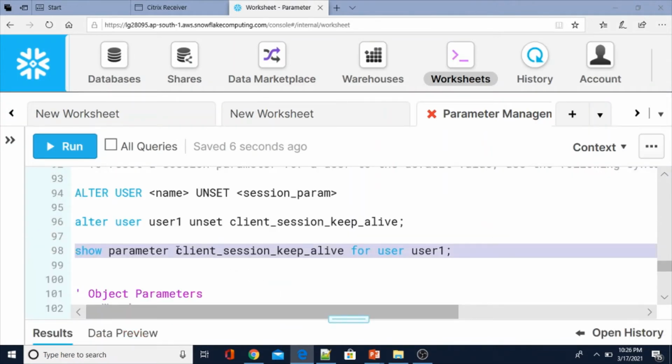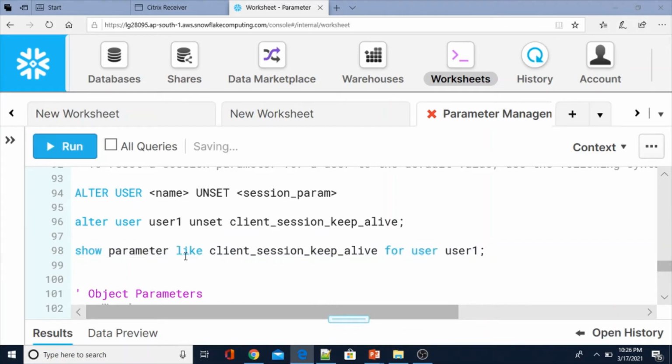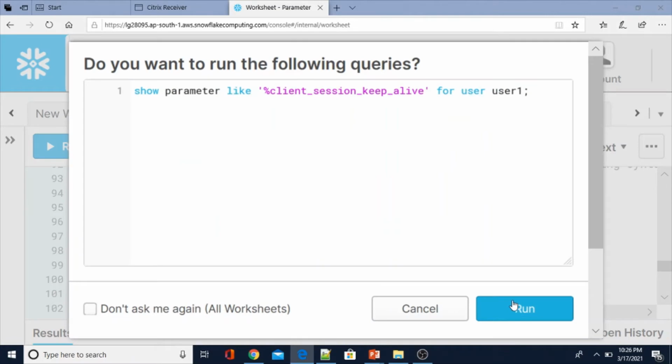If you specify a particular parameter, then you have to use the pattern like. Percentage is not required anyhow, because you specified it exactly. Now let me execute this.